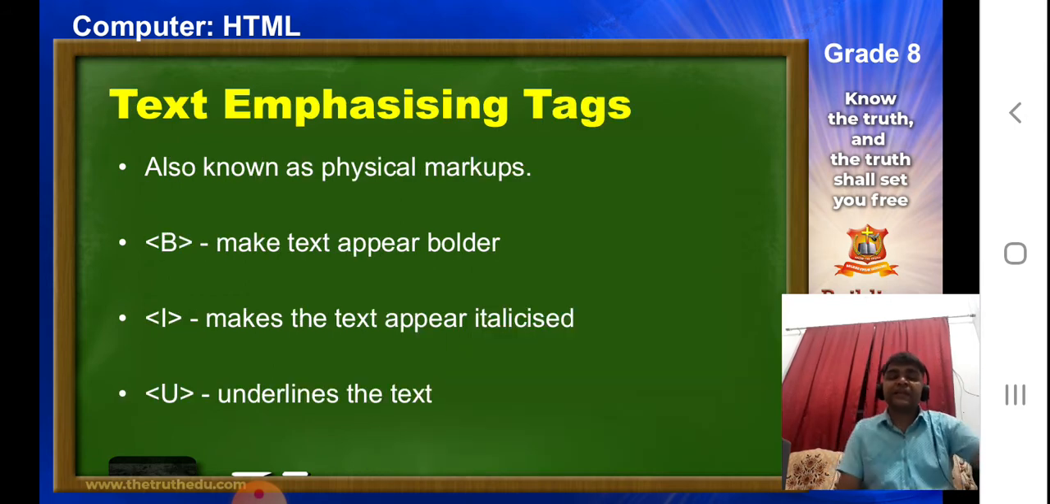Next are the text emphasizing tags. Here we will be talking about 3 tags which are bold, italic and underline. Especially, these text emphasizing tags are also known as physical markups. So please underline this, it is important. Text emphasizing tags are also known as physical markups. So the first thing is bold. This is used to make the text appear bolder. Italic is to make the text appear